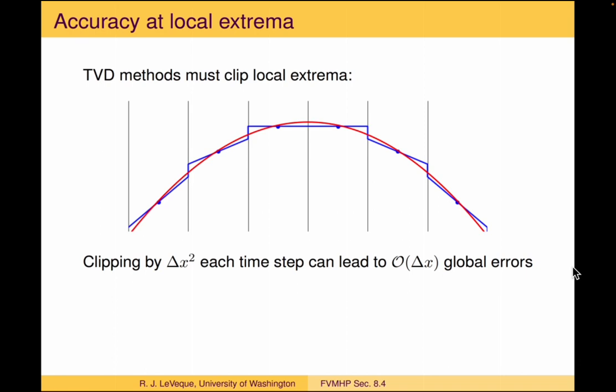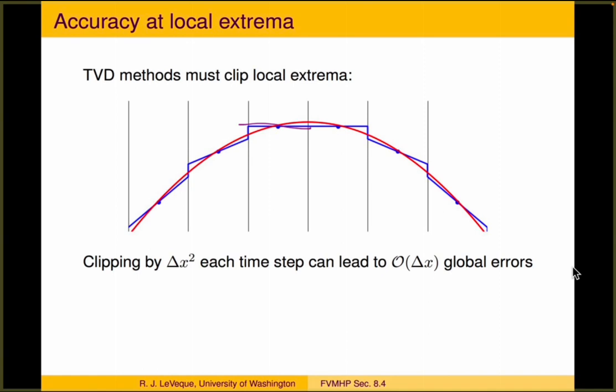So we've looked at how we might construct a TVD method by taking, here I've taken a function Q in red, and I've computed the cell averages, which are the blue dots, and then reconstructed a piecewise linear function using the min-mod limiter in this case. And to reconstruct something that doesn't exceed the total variation of the cell averages that I started with, I have to make the slope flat in these two cells. If I try to approximate the fact that the actual underlying function has a peak there by putting in some non-zero slopes there, then I would have increased the total variation of my reconstruction relative to the